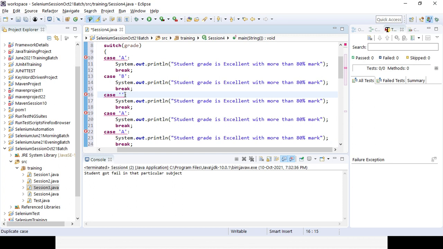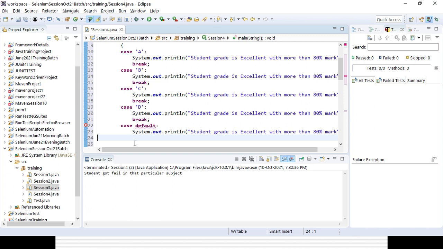So case A, case B, next one is C, and D. You can see that in case a case is not unique, it will throw an error. Here you can see the error message is coming because it is not unique. The last one should be default. For default, no case is required, only default, and also no break is required. So here in the default I can say invalid grade.